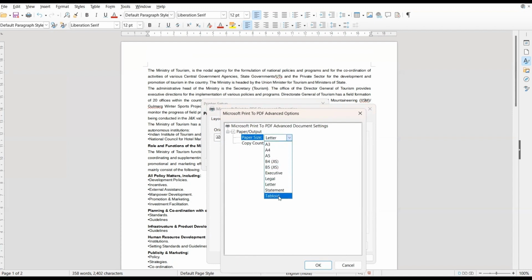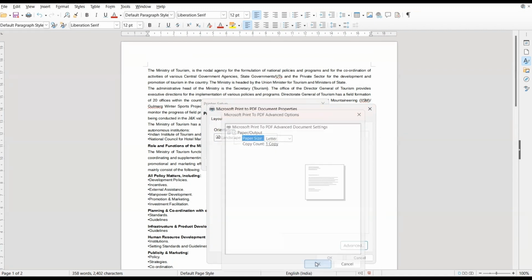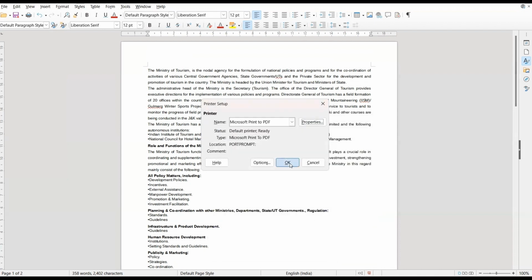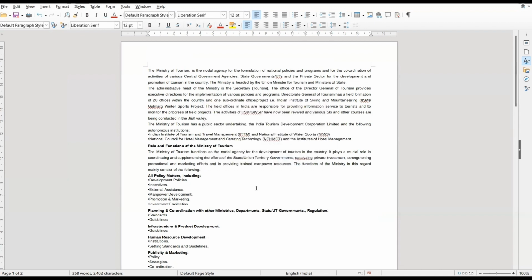If you want to change the paper size for A3, A4, A5 or executive, legal, letter, statement or tabloid, you can. You can have copy count, how many copies you want to print. So in this way, you can change the settings accordingly. You can choose the options accordingly. After choosing all the options, what you have to do, you have to just click over here. That is the OK part. So in this way, you can print a document.